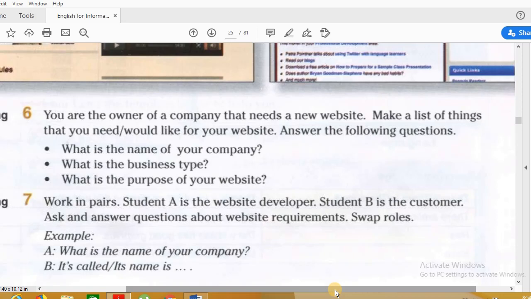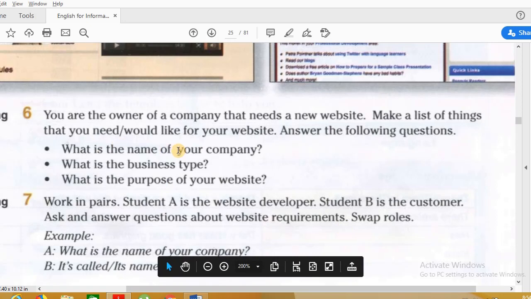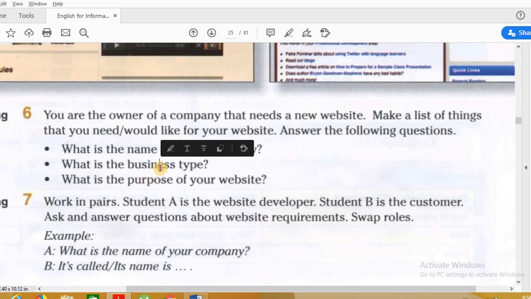Based on the discussion that we have made on the above two websites, think of some of the features that you need for your website, not only from the points that I highlighted, but also think of new things, other things. انت بدك تعمل موقع، فكر في بعض الفيتشرز اللي هتلزمك في الموقع، حاول تستفيد من الدسكشن اللي احنا عملناها وتفكر في حاجات جديدة. So answer the following question: what is the name of your company؟ يعني فكر باسم للشركة تاعتك، و what is the business type؟ ايش نوع البزنس؟